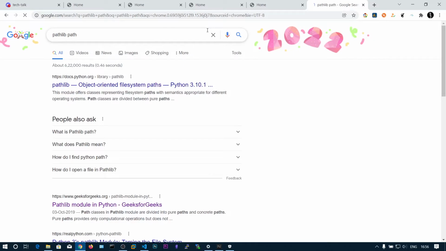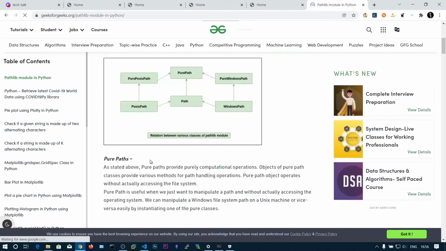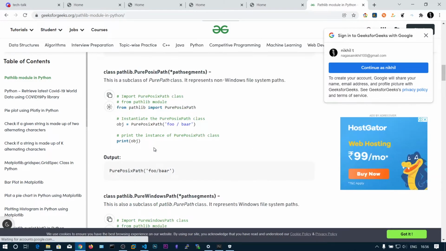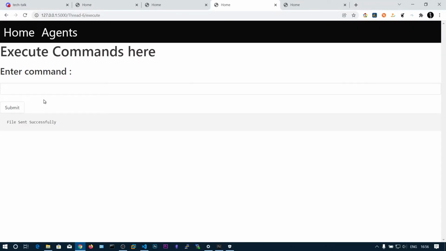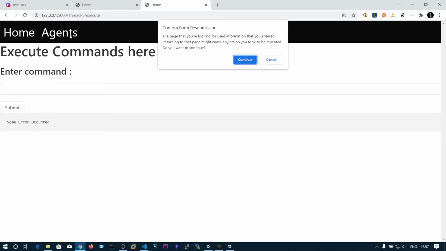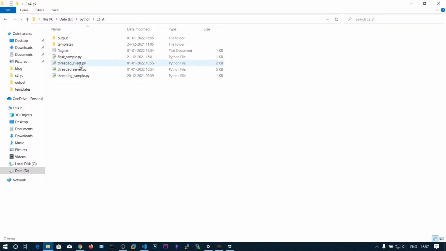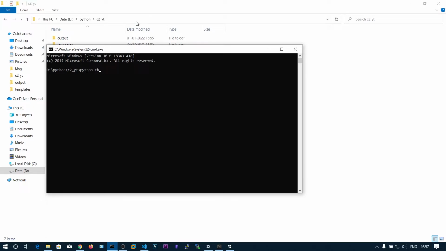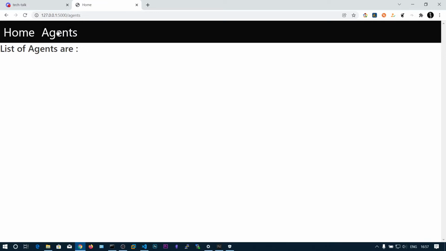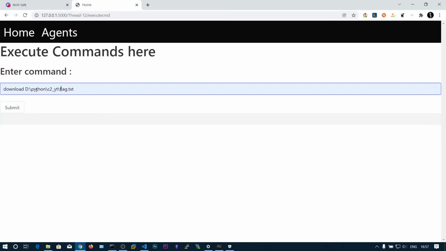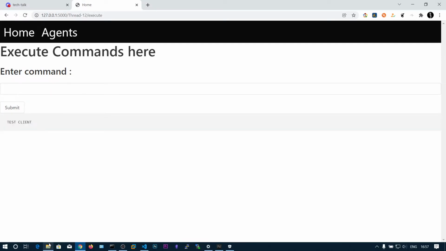Let's say pathlib Path. Maybe we should use 2 backward slashes. So we are getting an error somewhere.